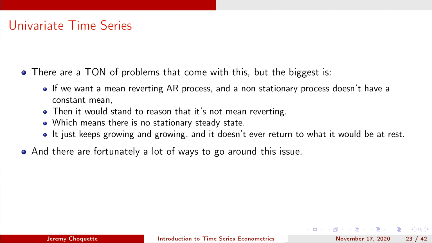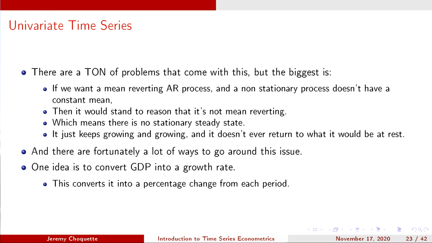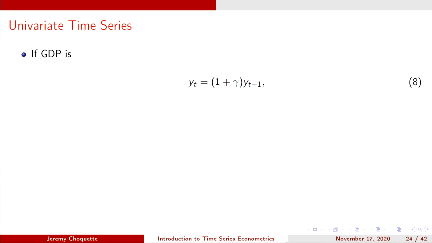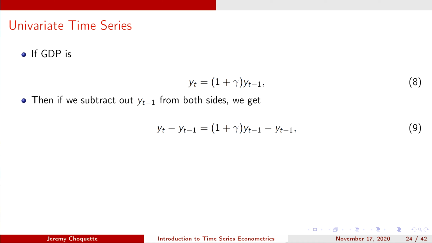Now, like I said, there's a lot of ways to go around this issue. We could convert GDP into a growth rate, which converts it into a percentage change from each period. That growth rate could be stationary. So if this is GDP, and I'm suppressing epsilon t, so don't worry about that, think about just y_t equals (1 plus gamma) times y_{t-1}. Well, if I subtract y_{t-1} from both sides, this is what I get,